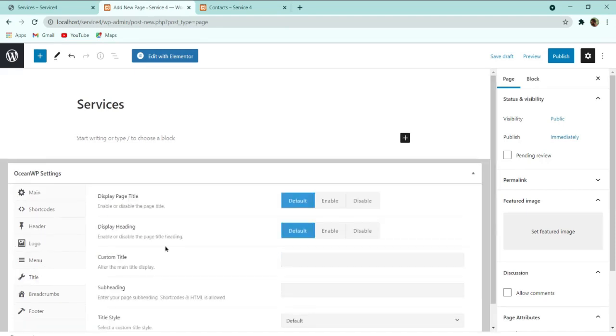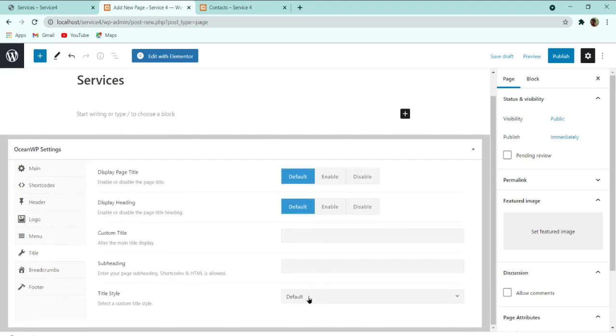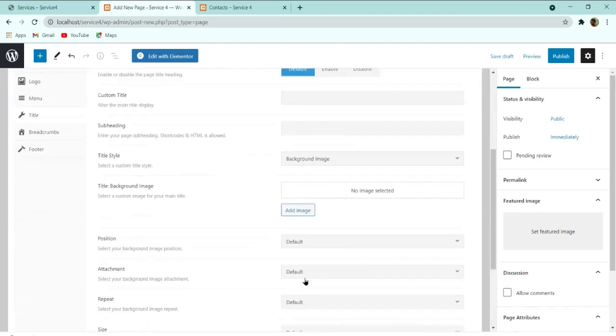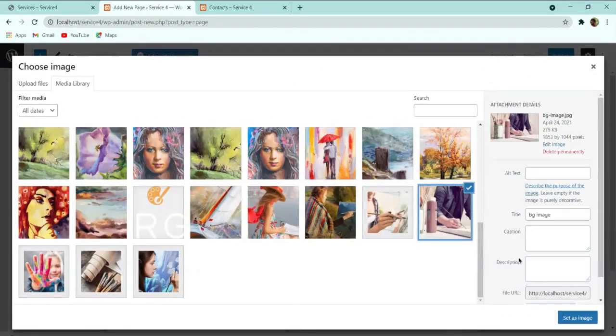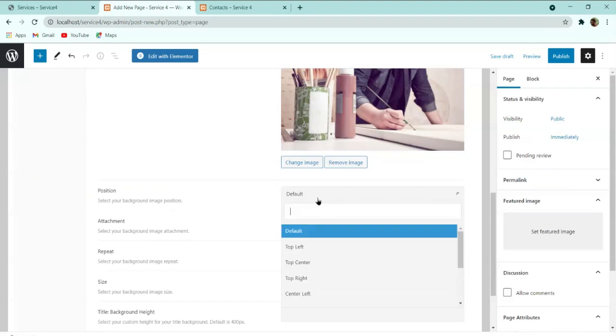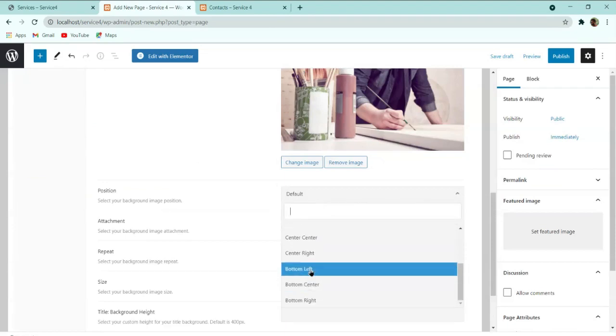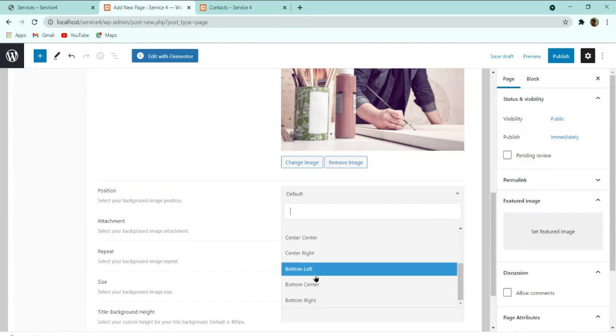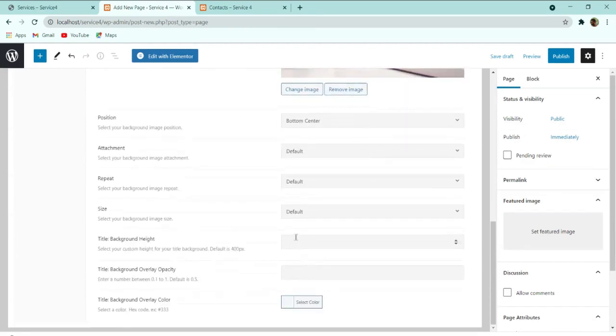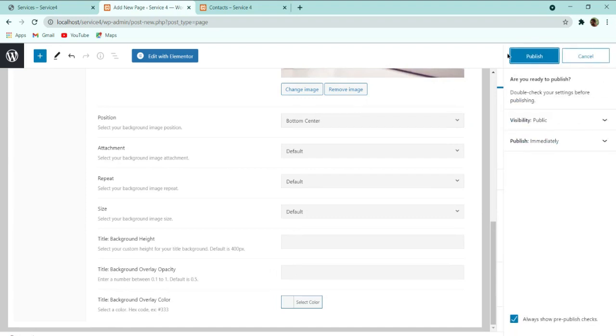Then I will go to this title, and here for the title background image, let me add that image again. Here it is, set as image, and then you can make it bottom center, and publish it.